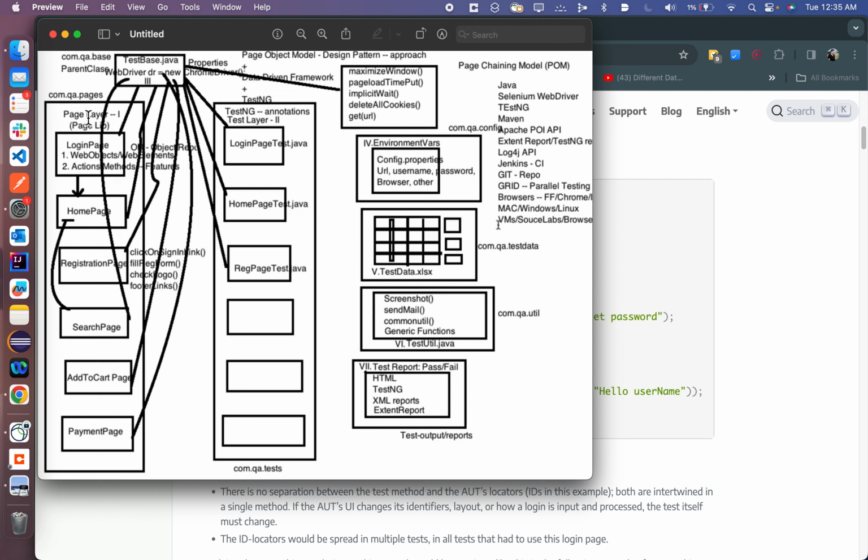So here you can see that first is the page layer, and the page layer has different pages: login page, home page, registration page. Before going into this, we can discuss what is page object model. It is just a design pattern. It's an approach. And we use a data driven framework in this, and we use it to create a framework,